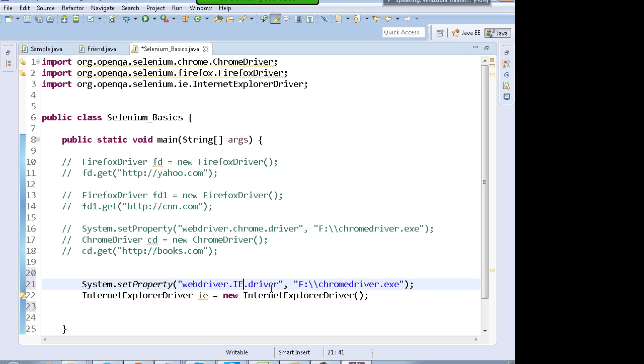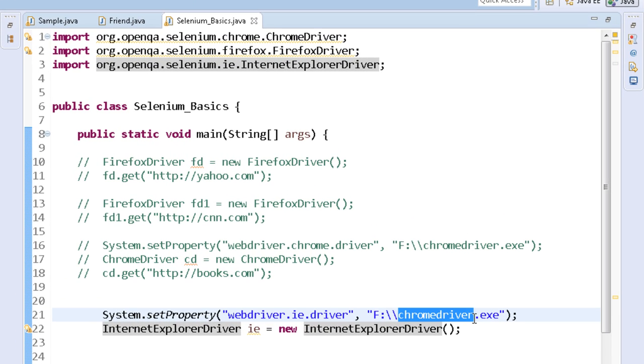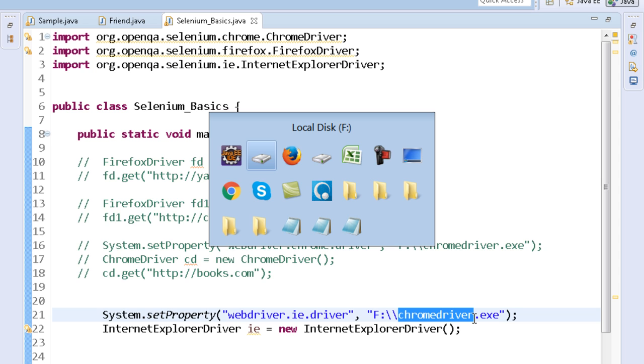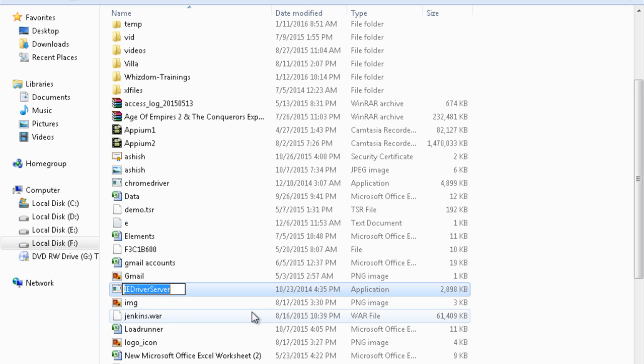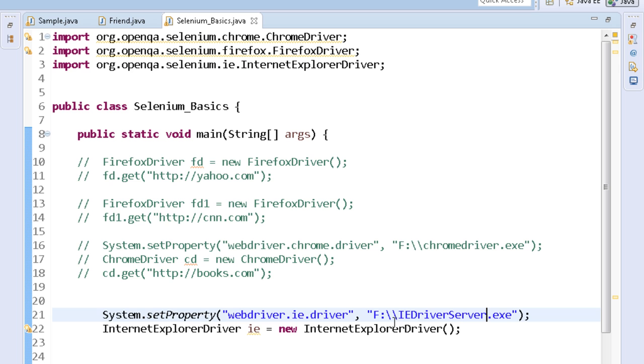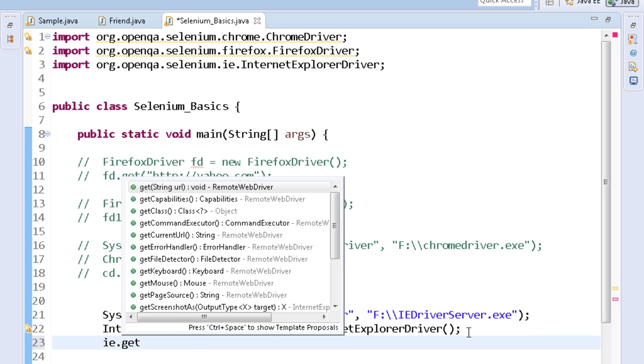Sometimes people keep IE in capital or something. No, Java is a case sensitive language. In InternetExplorerDriver, if I keep this D in lowercase, I will start getting exceptions. So Java is a case sensitive language. webdriver.ie.driver, and inside that you can give the path to IEDriverServer.exe. And then you can write ie.get to the website, say